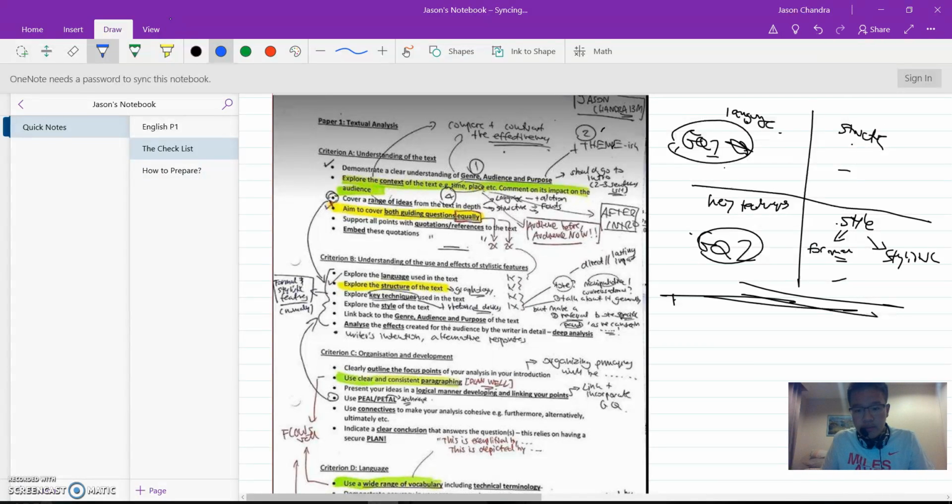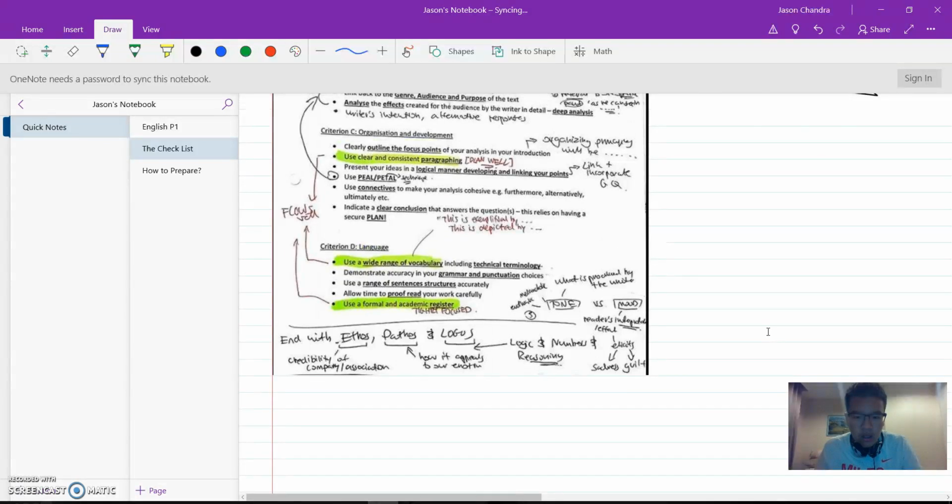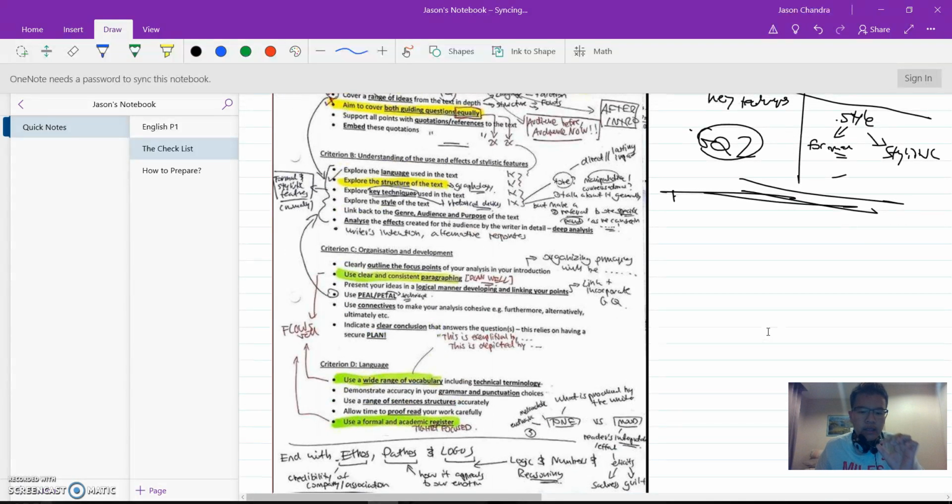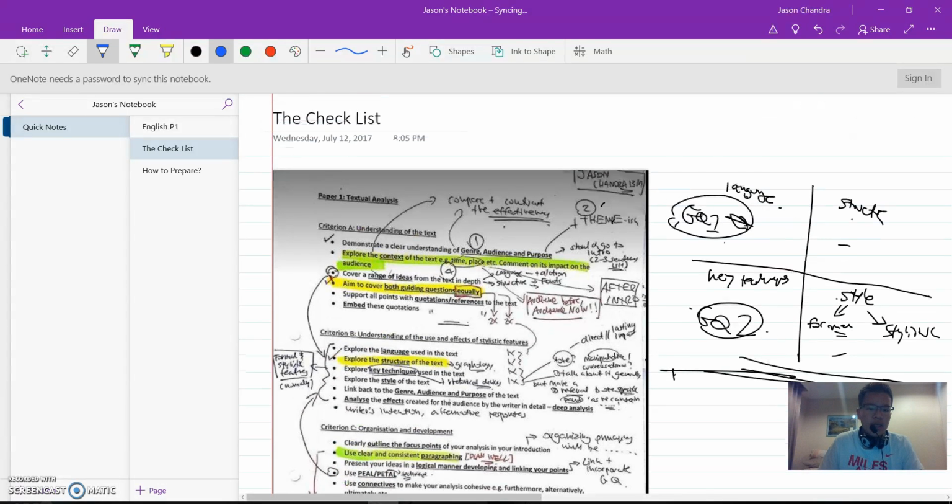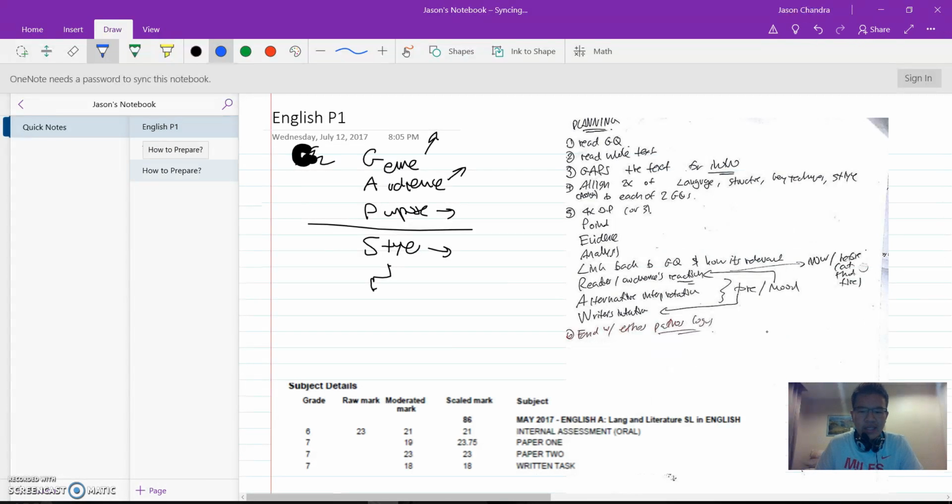What else am I missing? Modern day, yeah. Key techniques, all of that, plan well. I think that is covered well. Yeah, and use formal, tightly focused register the whole time. Use correct terminology, tone, mood, all of that, similes, metaphors. Know exactly what they mean. Alright, so that's how I write my English P1 essay, and how I plan it. Right? Remember, gap